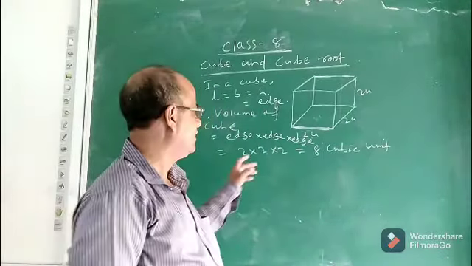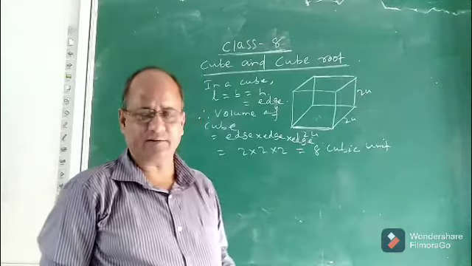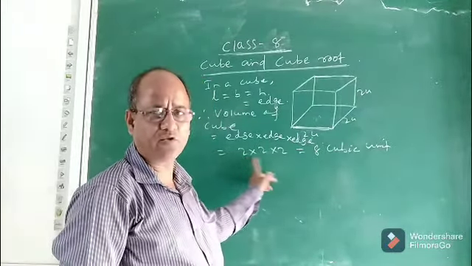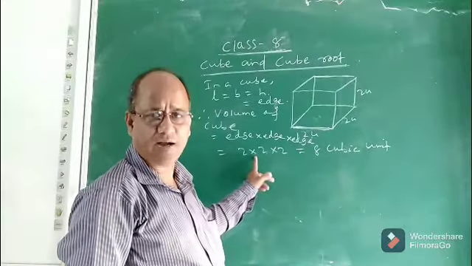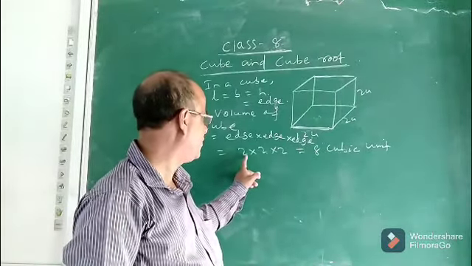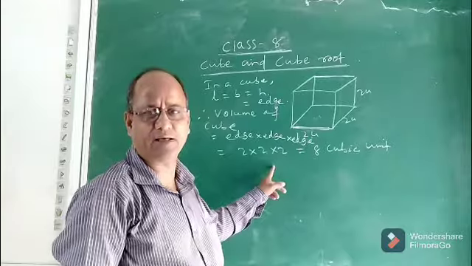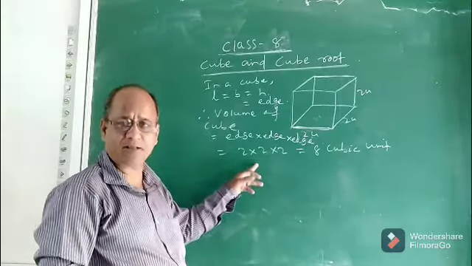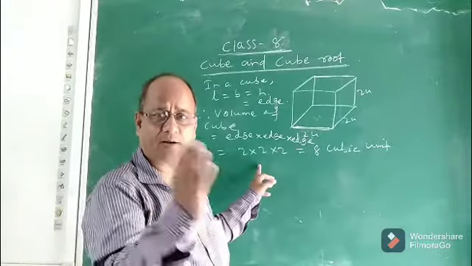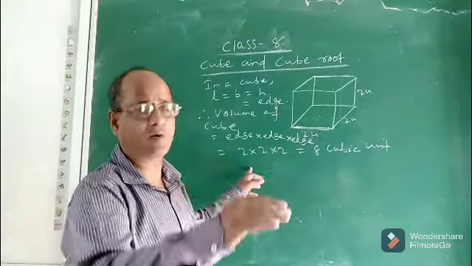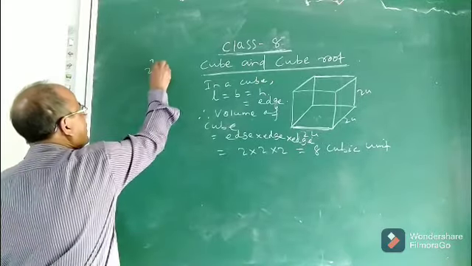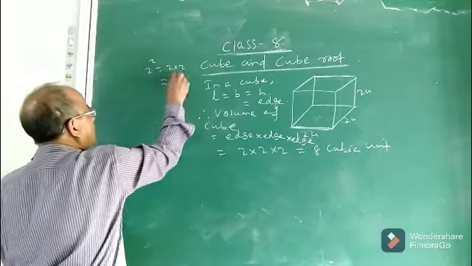See children, so what is cube here then? What are we doing to find the cube? To find the cube of a number, we are multiplying the number how many times? We are multiplying the number 3 times. So if a number is multiplied 3 times, the product is called the cube of that number. That means, like 2 square means 2 into 2, that is 4.